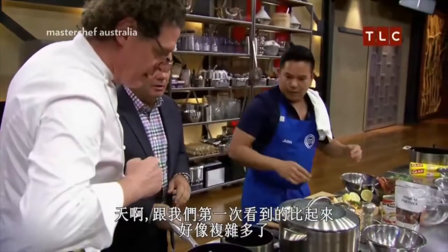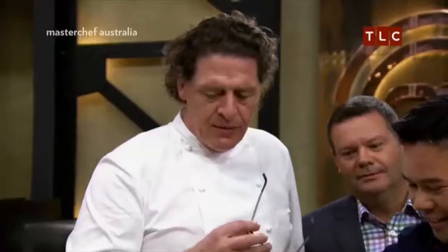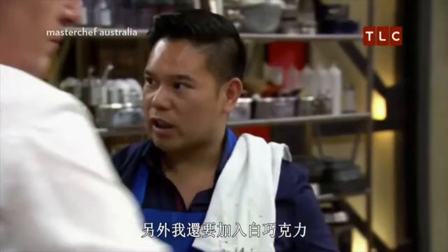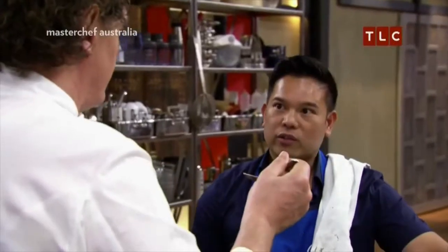Gee, there's a whole lot more going on here than when we first came. What are you doing? They started off with a mussel broth, and I thought that beautiful broth flavour would go well with coconut milk, and I'm actually going to add white chocolate to it as well. Say that all again. So I'm doing a white chocolate velouté. Was that part of the original dish? No, they were actually going to do... They just gave me a...